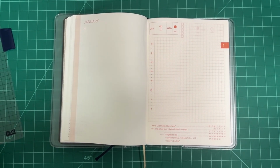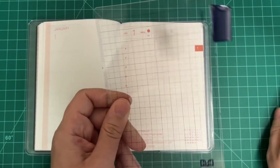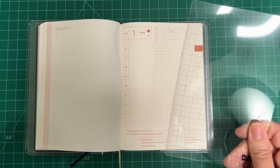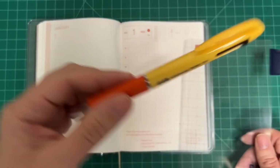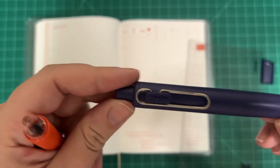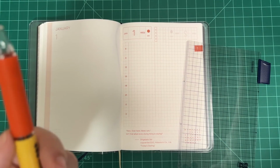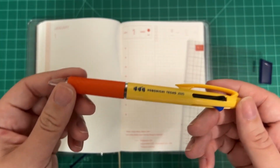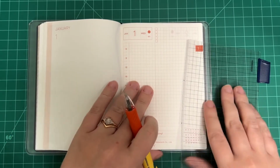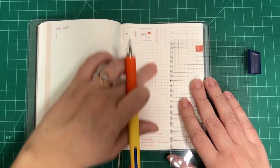Still unsure of what pen I'm gonna wind up using. Full disclosure, I use the pencil board that comes with it. You know what? Actually, to be on brand, let's use the Hobonichi Techo. I typically, as seen on my pencil board, use Uniball pens, but other than a swatch, I've never used a Hobonichi Techo pen because I didn't order last year's planner through Hobonichi. So I use this magic line